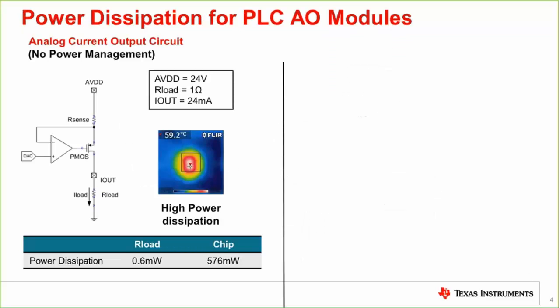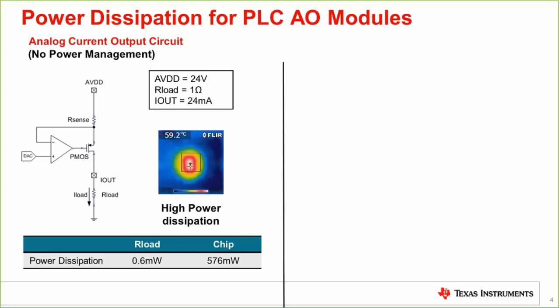So zooming in a little bit onto the current output, or the top half of the previous slide, I mentioned this potential case of driving a very, very small load. In this particular example, we're looking at a 1 ohm load. The design we are discussing did the most ubiquitous current output, like I said, of 4 to 20 milliamps, but quite often there are other variants as high as 24 milliamps. So we're looking at the worst case on the left side with a 1 ohm load and 24 milliamps of full-scale current into that load.